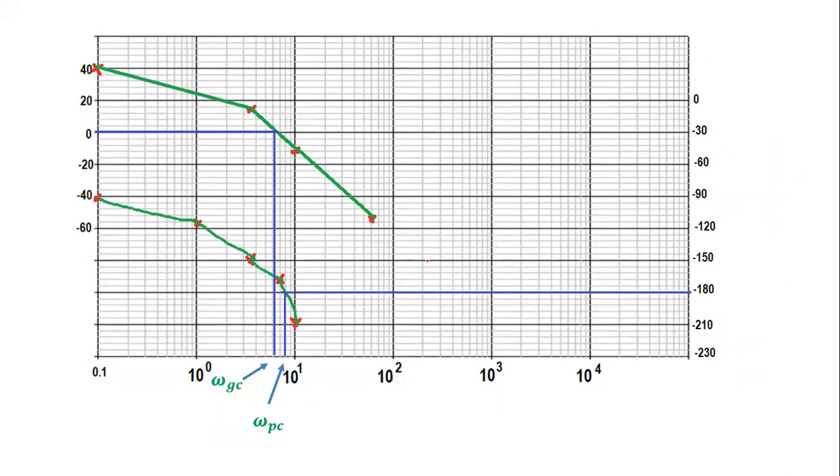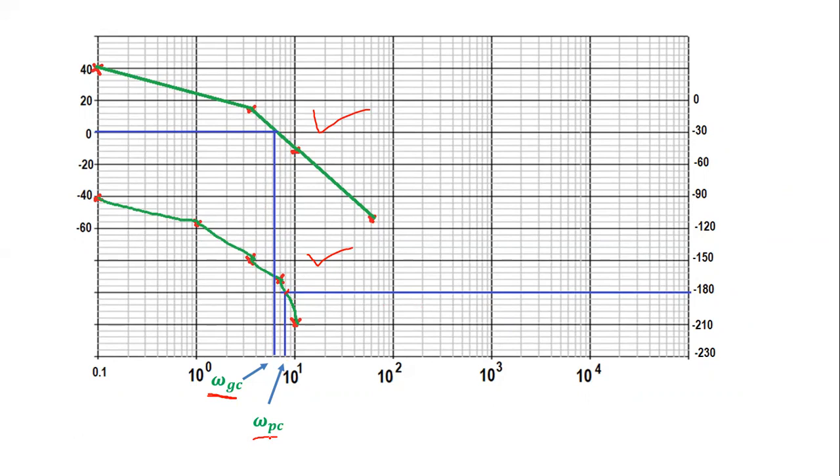You can observe here clearly, from the magnitude plot, where the gain of the system is 0, that respective frequency is the gain crossover frequency. And the phase crossover frequency means from the phase plot. If we observe where we have the minus 180, that one we extend on the phase plot, and the intersection point, that respective frequency is the phase crossover frequency.